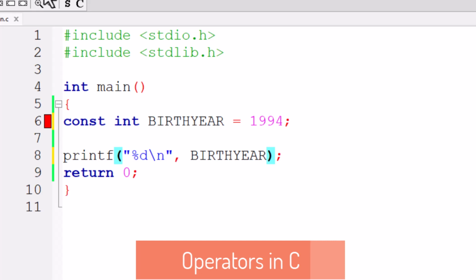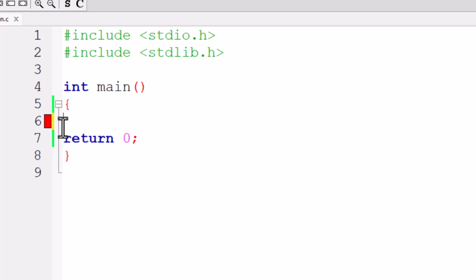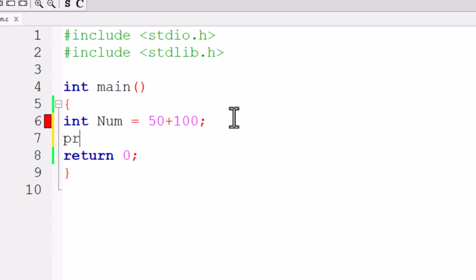So let me do it by example. We're going to use a plus operator to add together two values. So how can we do that? I'm just going to declare an int and call it num, and I say it's 50 plus 100. The plus there is an operator. So if I print out the sum of that, so print,